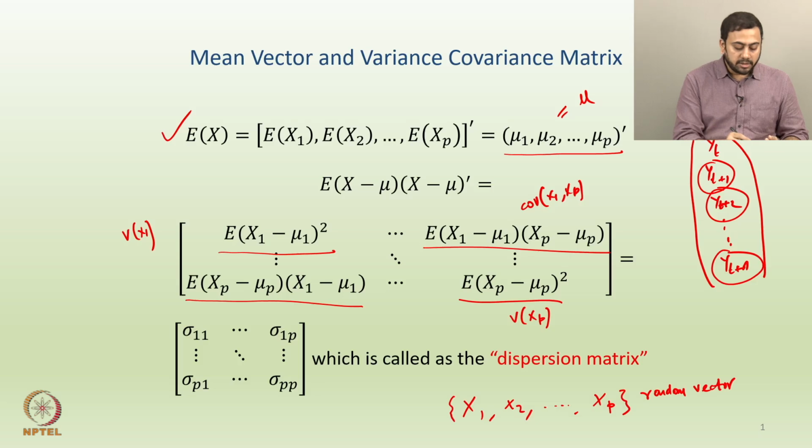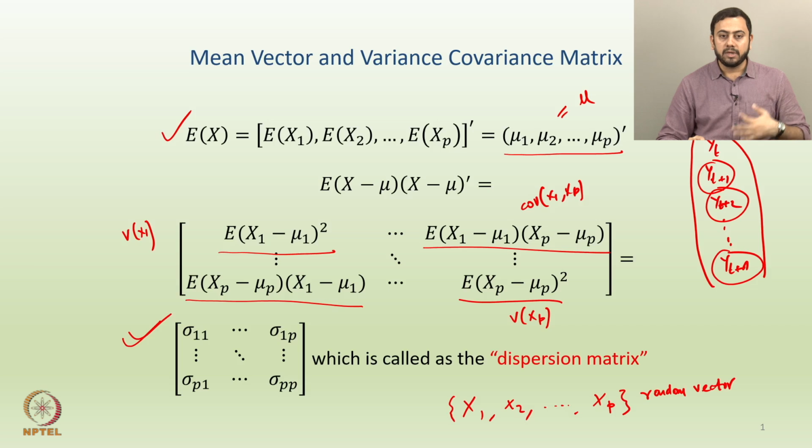Okay. So, similarly, all the off diagonal entries would be the covariances, and all the diagonal entries should be the variances. Okay. So, this is the famous matrix that we have. So, the diagonal entries are sigma 1 1, sigma 2 2, sigma 3 3 up to sigma p p, and all the off diagonal entries are sigma 1 2, sigma 1 3 up to sigma 1 p, and similarly others, right. So, what should be the order of this matrix? Order of this matrix is p cross p, right. So, p rows and p columns.